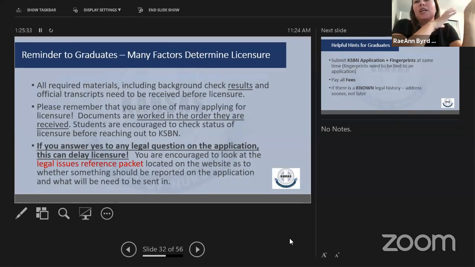Okay, so there are just a few reminders for the graduates. I know the last time we did the program administrator meeting, you were very great about telling the students when we're sending them out. Unfortunately, this is kind of a vicious cycle for students because they all want their license yesterday and there's a ton of them as opposed to 4 of us in licensing. So we do have to have all their materials before we can get them licensed. We try to tell the students to remember that they are one of many applying.